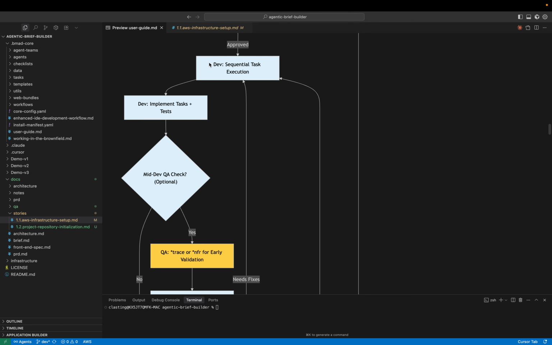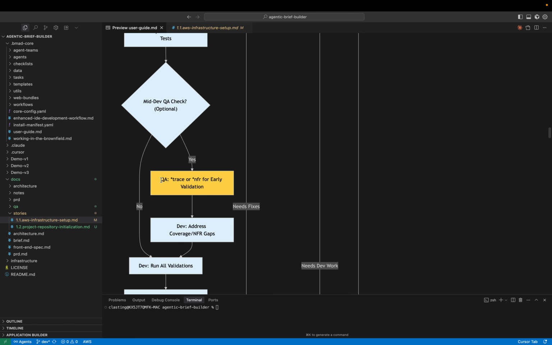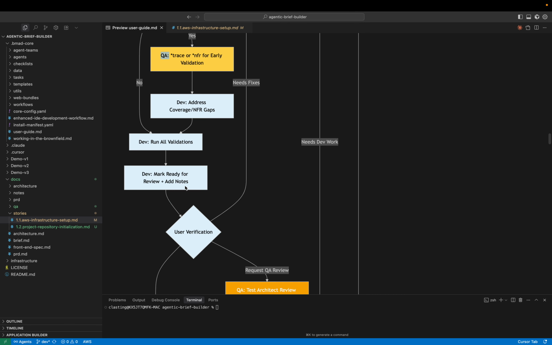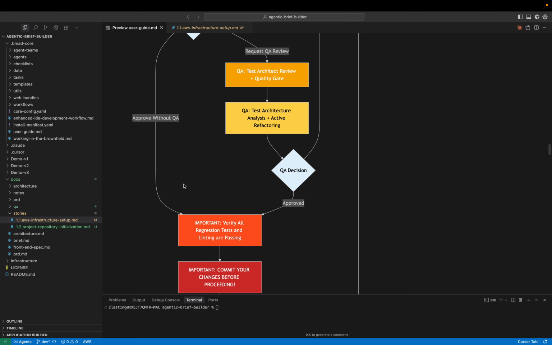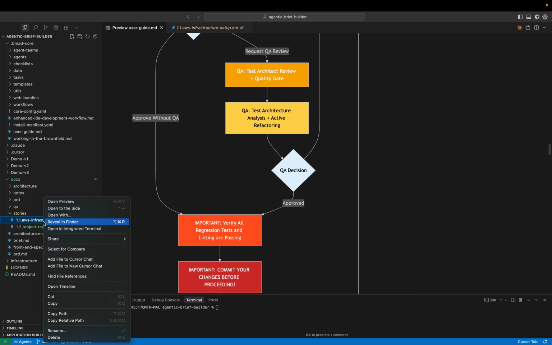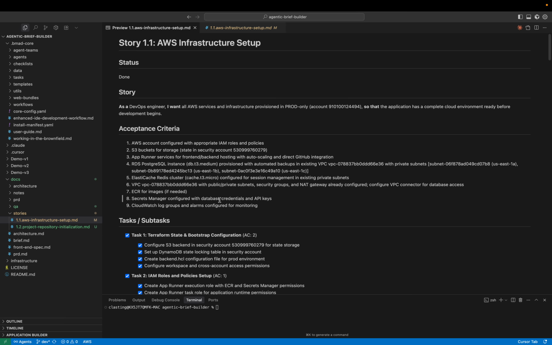After it's finished doing the development, it'll implement some tests. It will then reach out to the QA agent and say, hey, I just finished story 1.1. Please validate everything. Please test everything. And it'll do a bunch of testing and stuff like that. And then when it does, it'll actually update this markdown file of story 1.1 with